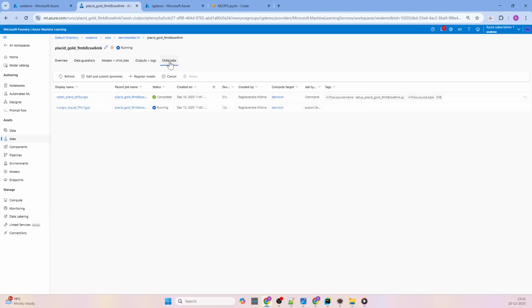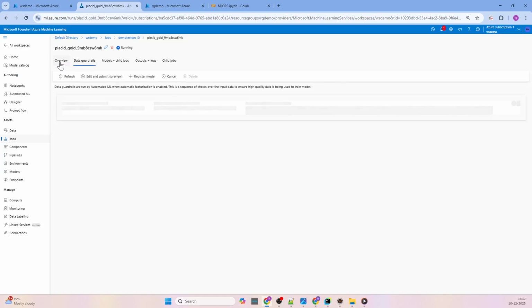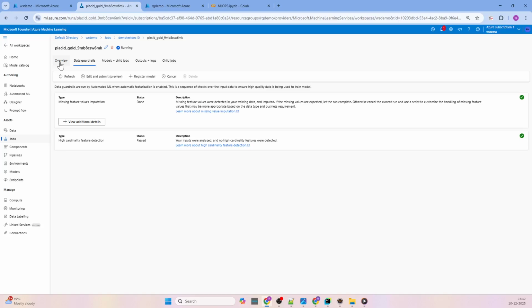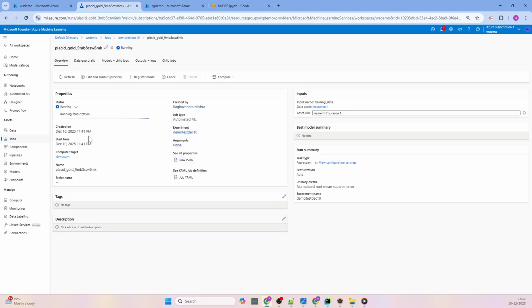you can keep checking all those models. So this has been completed in 31 seconds. Now you can see one different child job has been created for this same parent job. Now keep refreshing, and just now you can see whatever it is doing, running featurization. So it is evaluating all those columns, features. Okay,